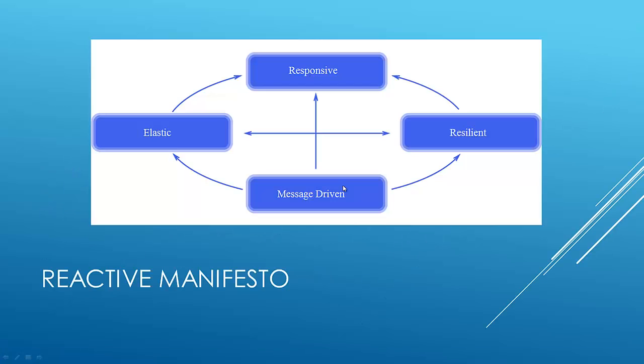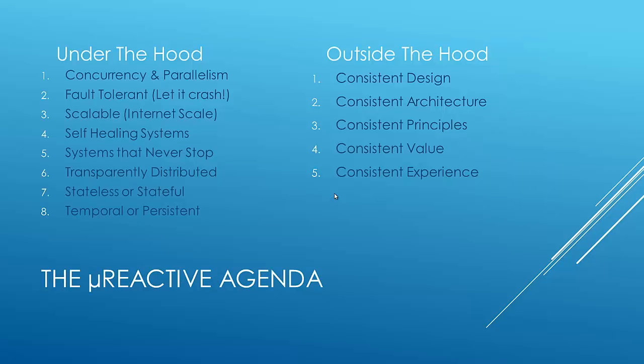There is actually a manifesto called the Reactive Manifesto, which believes in responsive, resilient, message-driven, and elastic software. We have taken it a step further, and we believe that outside the hood, which is the experience that gets delivered, you need to have a consistent design architecture, principles, values, and experience. While under the hood, there is a certain set of principles, 8 which we have listed, that need to be followed,